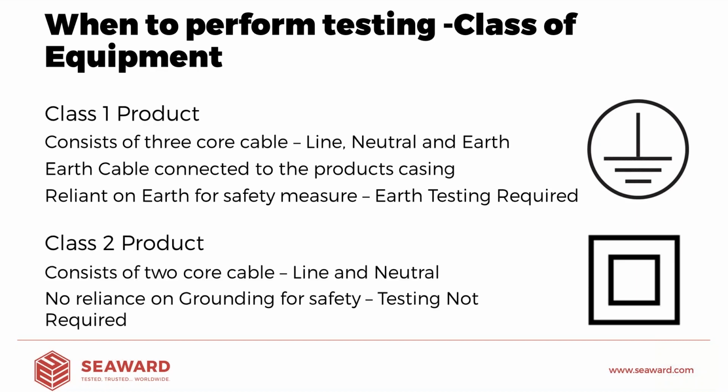Class 2 products, it's a different story. There's generally only 2-core cable, line and neutral. There's generally a secondary layer of insulation, so a double insulated, as per the double box symbol you see there. So for this, we're not reliant on a ground for safety, we're actually reliant on 2 layers of insulation for